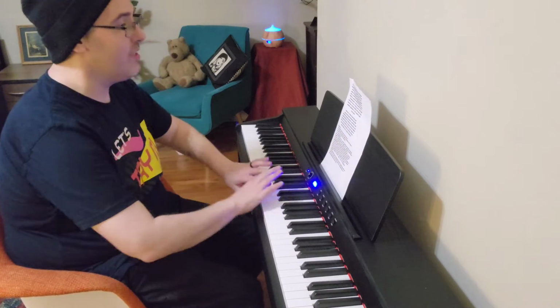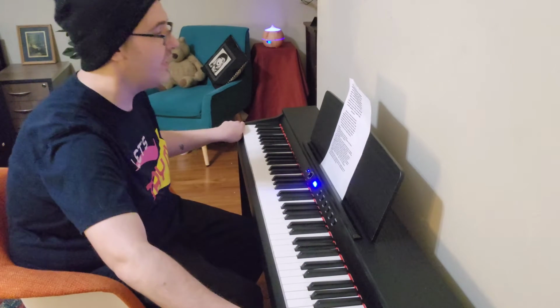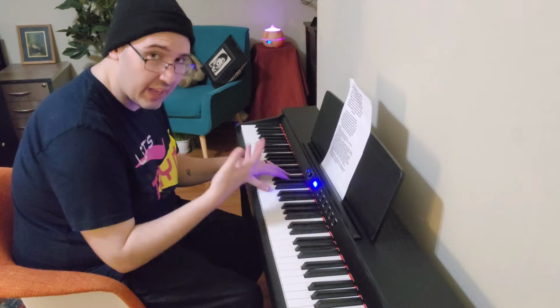Hello everybody! So this is the full Glarry 88 key digital piano with full weighted keyboard. Okay, so I grew up with the Casio keyboard that I think a lot of people...